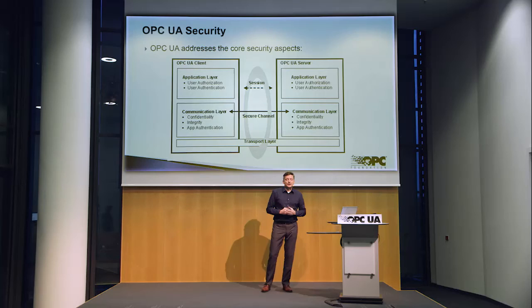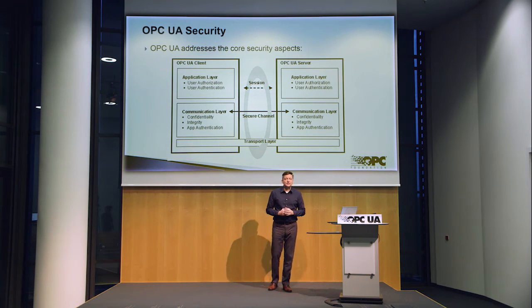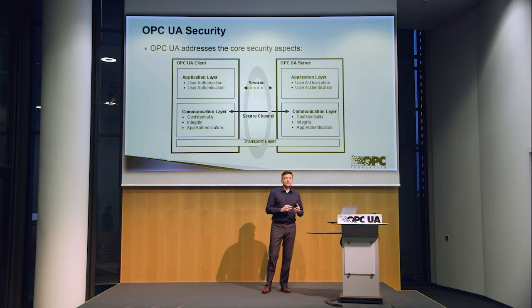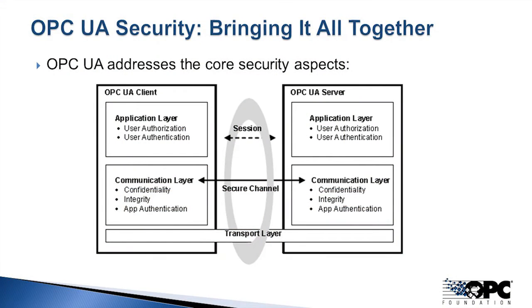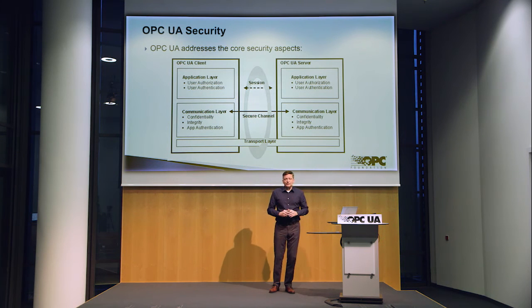So you have your transport layer, which may or may not include security or encryption. For example, HTTPS does. But if it doesn't, you can still use the encryption that's built right into the specification, the support for it that's built in. Okay, so once you have your transport layer established, you then start up and say, okay, now we're going to create a channel, and then within the channel we have multiple sessions, right? So at each level, and if we look at the diagram, we can see the application authentication, integrity, confidentiality, all those things. So for example, confidentiality being encryption, all those are built in when you're setting up your channel.